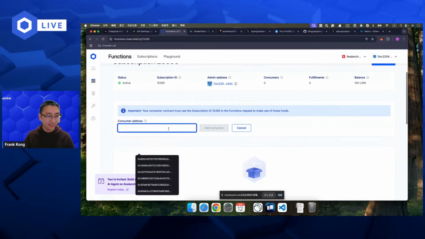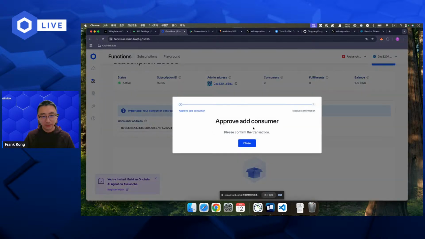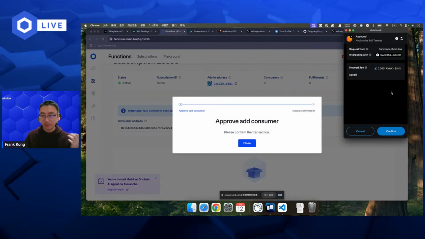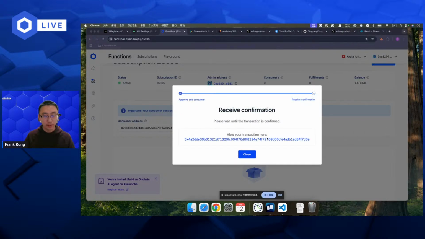Oh, here, I'm sorry. So the consumer address and add consumer. So your MetaMask is going to pop up and click confirm to add our smart contract as a consumer under this functions subscription. Okay, close that.